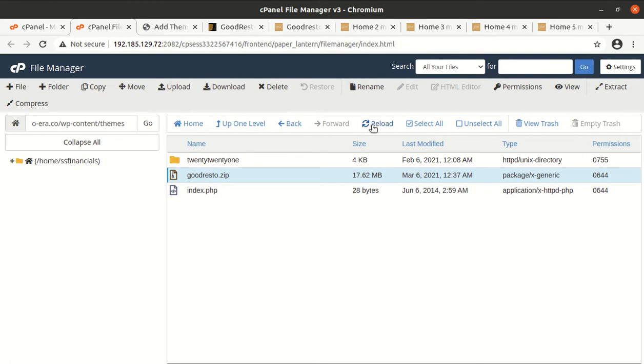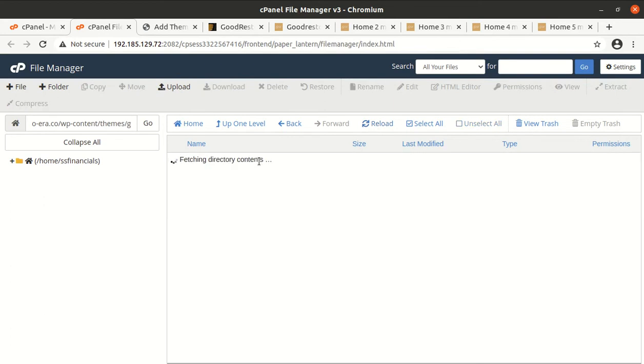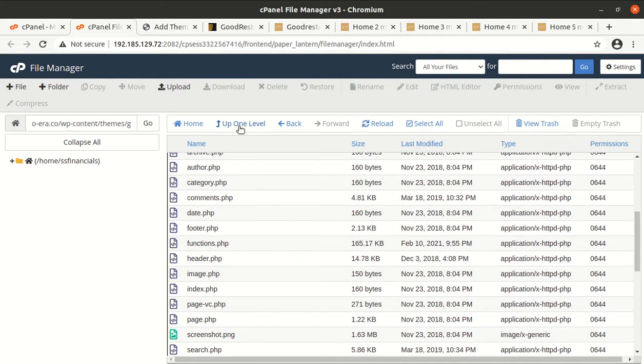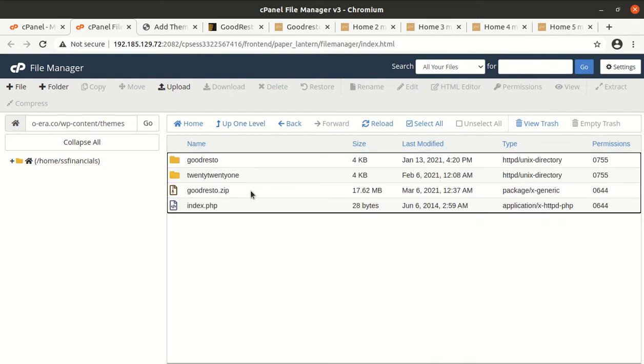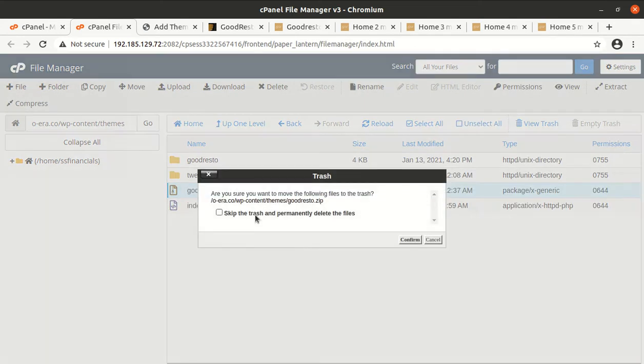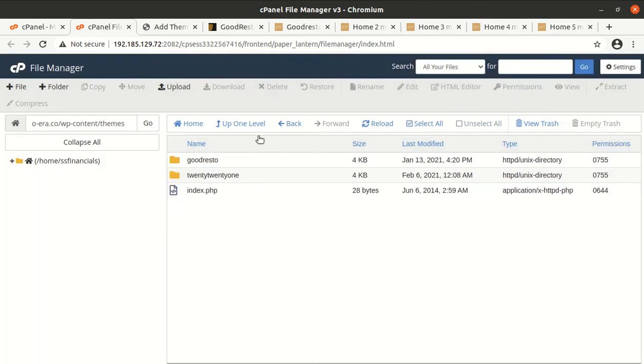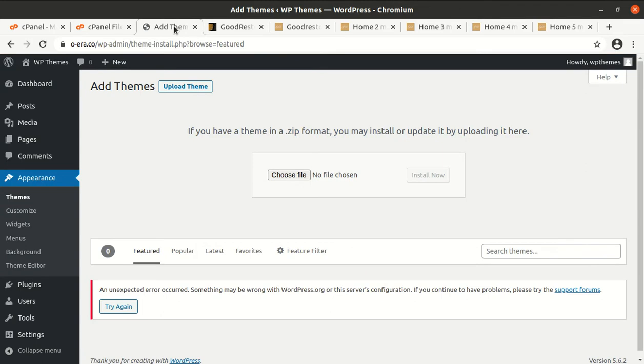And the extraction outcome is this GoodResto folder in which we got all the theme components. Folder and files are here. Now just delete the zip one. It is just consuming the server space. It is not required now. Now go to the theme section again,